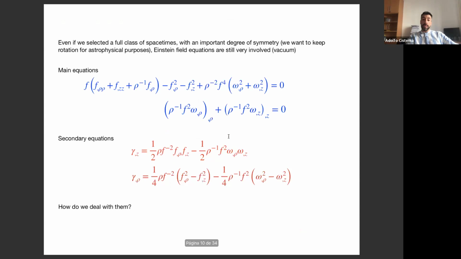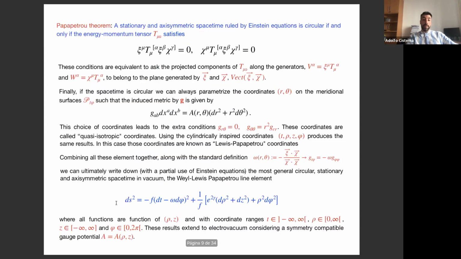So let me go back a little bit. Keep in mind that we have a Weyl-Lewis-Papapetrou ansatz of this form with f, omega, and gamma, and that I will be taking a general gauge field, but one that respects the same symmetries, which will have an electric component that I'm calling A_t, and an azimuthal component A_phi, okay?